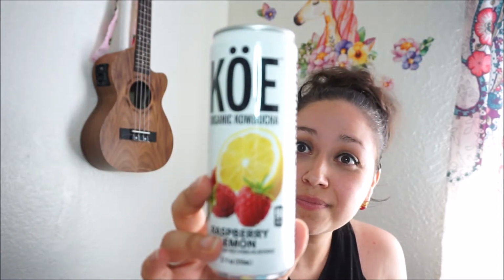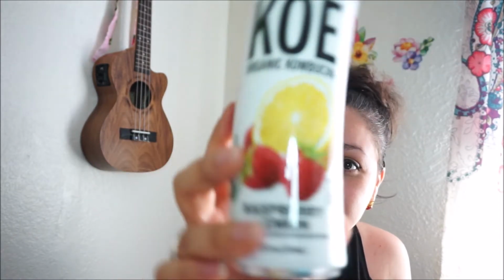Organic kombucha, raspberry lemon, a naturally flavored sparkling beverage. Organic kombucha, the easy drinking, great tasting, fruit forward, friendly kombucha. It's a kombucha drink, and it's a nice size. Raspberry lemon. On drinks, I'm a little iffy because I'm very special on drinks, but my husband does try it